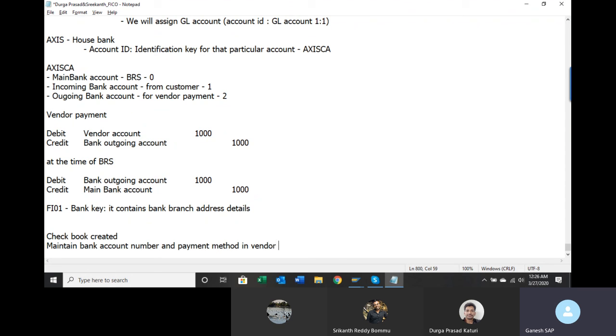Otherwise the system doesn't know which payment method this particular vendor relates to. So you have to tell the system that this vendor is related to payment method Y. Then, when you make the payment in the automatic payment program, the system will pick that payment method, look for the bank account number, and keep it ready for payment.